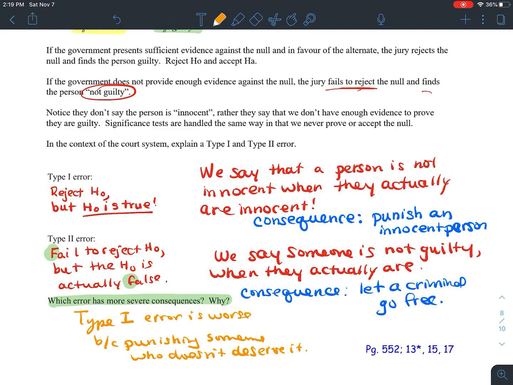There are a few problems here for you to practice these concepts, writing these conclusions and talking about interpreting these type 1